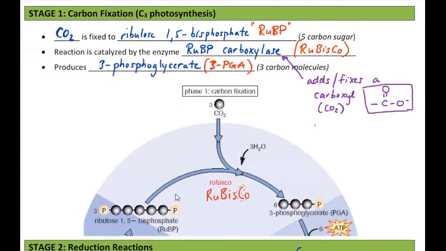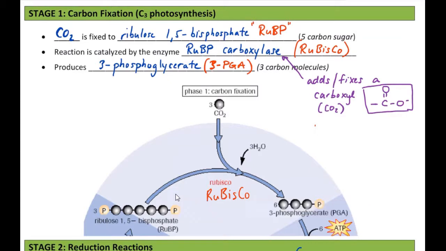Well, temporarily, the 1 plus the 5 carbons creates this temporary 6-carbon molecule, but it's really, really unstable, mostly because you have these phosphates at either end that are tugging on the molecule. So when I add it into the mix, I'm actually creating a very destabilized molecule that falls apart into these 3-carbon molecules called 3-